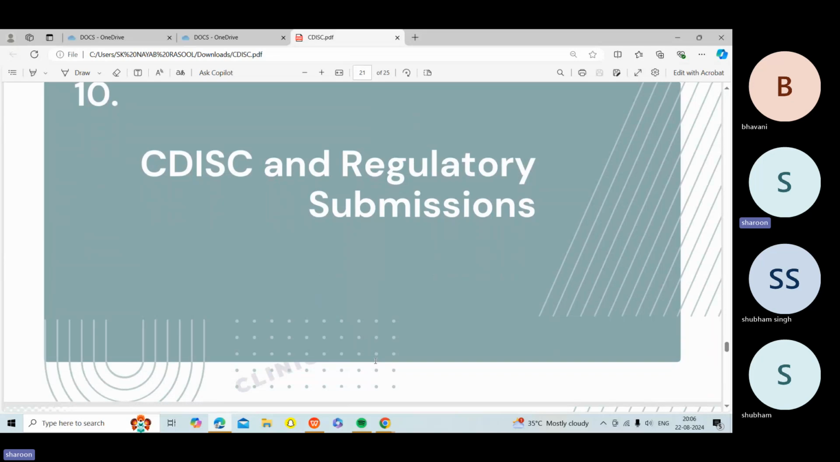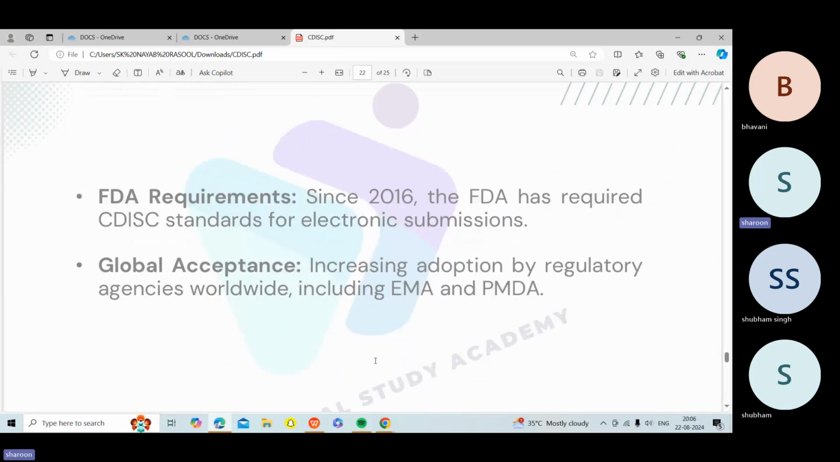CDISC and regulatory submissions. FDA requirements: since 2016, the FDA has required CDISC standards for electronic submissions. Global acceptance: increasing adoption by regulatory agencies worldwide, including EMA and